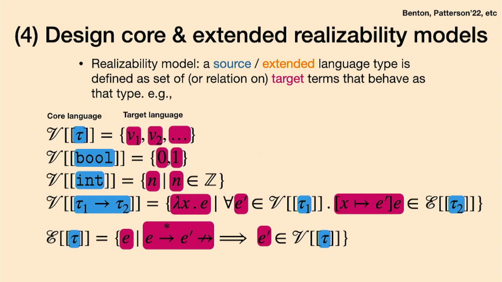So in my target, maybe I don't have true and false, but I have 0 and 1. I can encode Booleans that way. So that's the meaning of Boolean. Integers are integers. And so this realizability model, we realized a couple years ago, actually becomes really, really useful when you're thinking about interoperability, much more so than it maybe was when Benton was proving soundness of single languages.